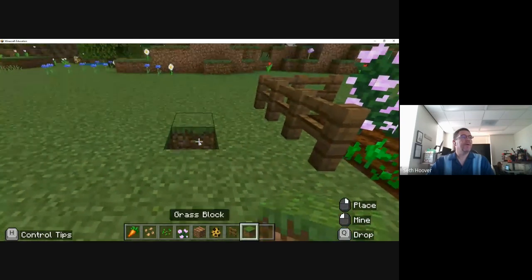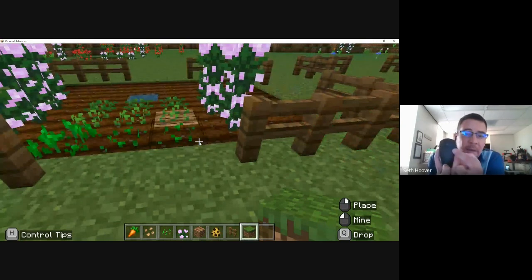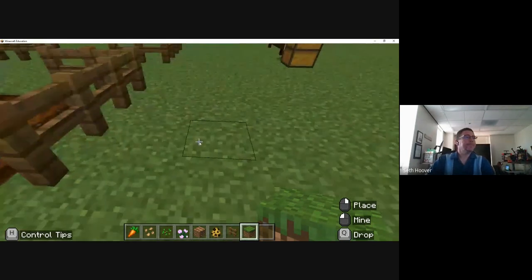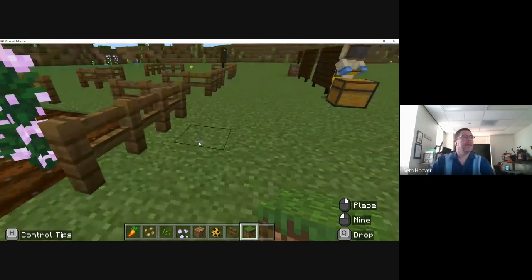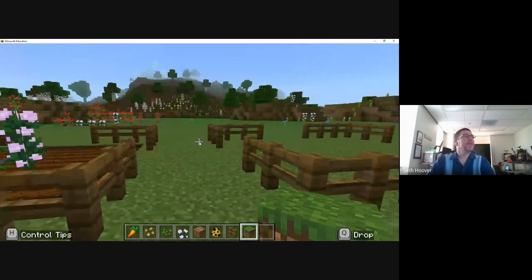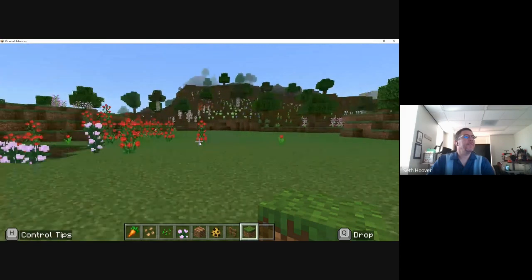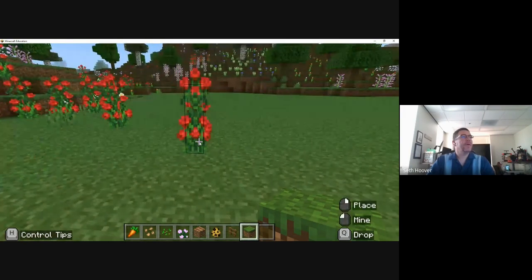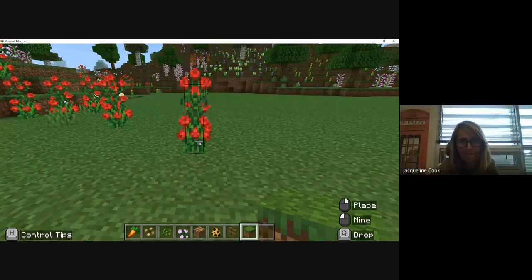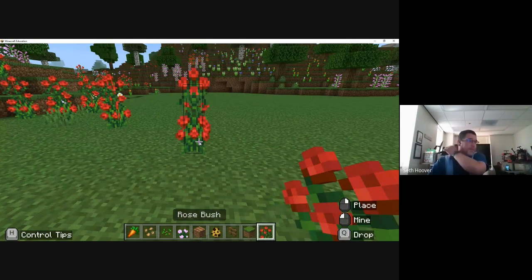If you're using a regular mouse, I recommend using a regular mouse, or at least a mouse that has a wheel on it. You can use the wheel like I just did there. Let me find something new. Here we go. If I go over to these flowers here, ones I don't have, once they're highlighted, you see the black box around the flower. Once that's highlighted, if I push the wheel on my mouse, that rose bush just popped up into my